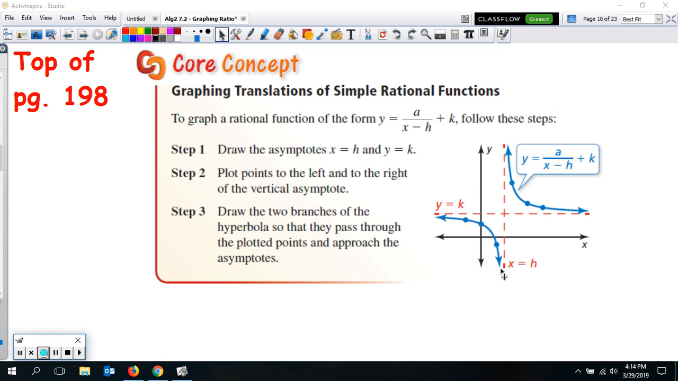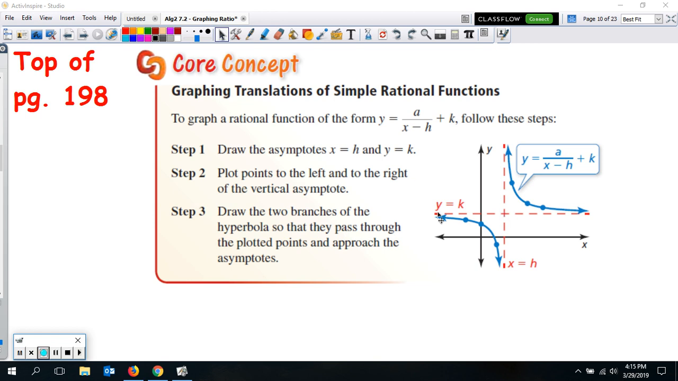So if it says x equals 2, then it's going to go through where 2 is on the x-axis vertically. And for this one, if this was a 2 for the k, then it's going to go through 2 right here horizontally. It's going to go through the 2 where the y is. So once we have those asymptotes, well, then we want to plot the points to the left and to the